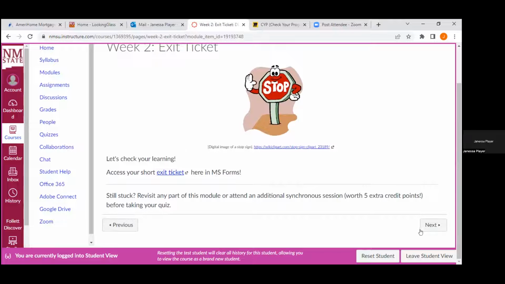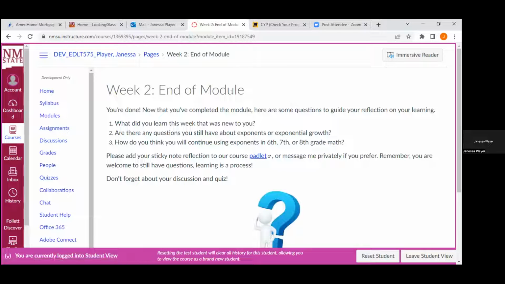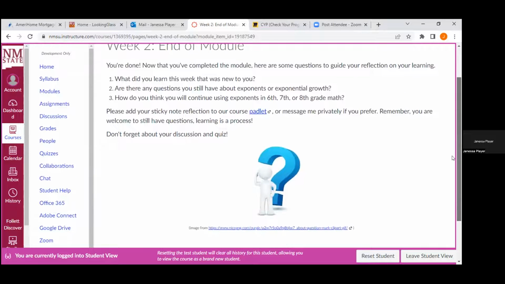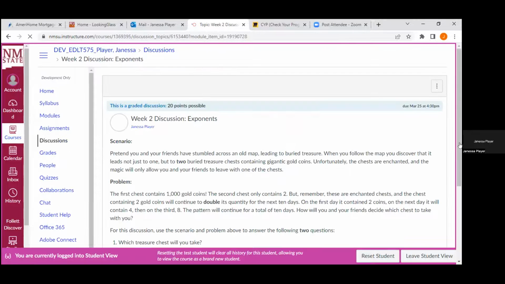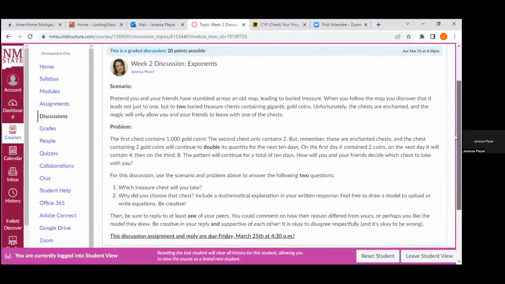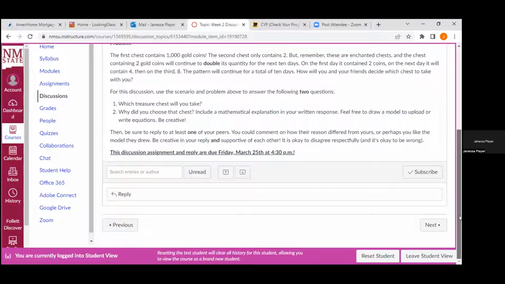They've got an exit ticket, which is brief. I don't think any of them are longer than 2 questions. I've got some guided reflection here for them to put in Padlet, which I won't take the time to pull up. I think we've used Padlet. And then finally, the stuff that's the higher stakes for our points. So you do together their discussion, which again, it's higher level discourse where they're critiquing the reasoning of others, that I've set up parameters for some response.